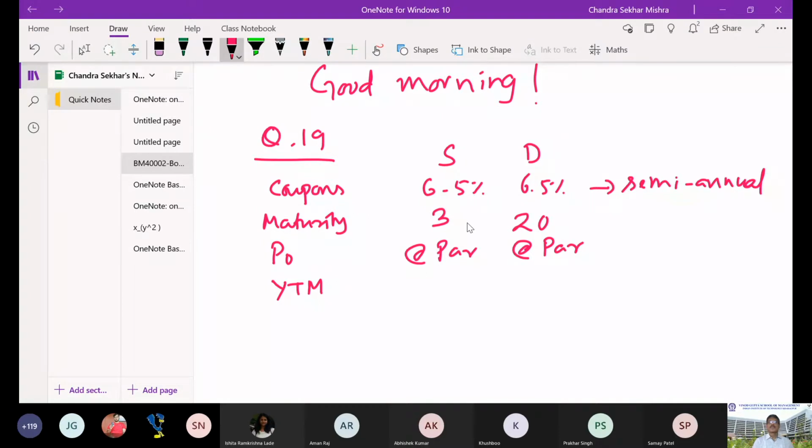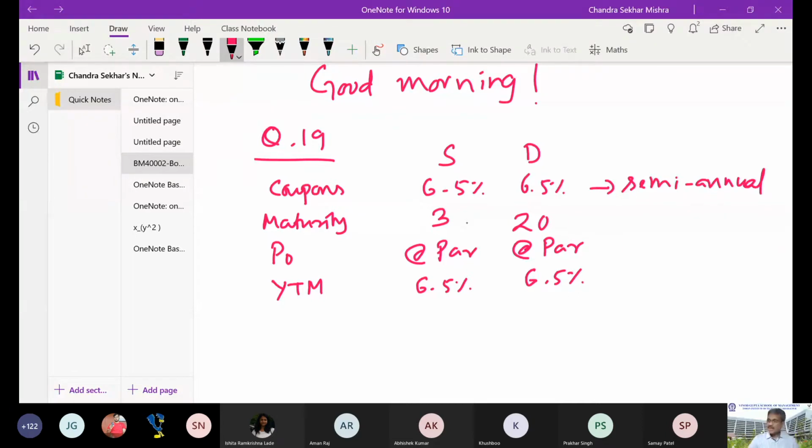So 6.5%. Yes. When the price is at par, redemption is always assumed at par unless otherwise mentioned, and in that case YTM will be equal to the interest rate. So 6.5% will be the yield to maturity. The effective rate will be a little more because it is semi-annual: (1 + 0.0325) to the power 2 minus 1. That is another thing we are not talking about at this point.